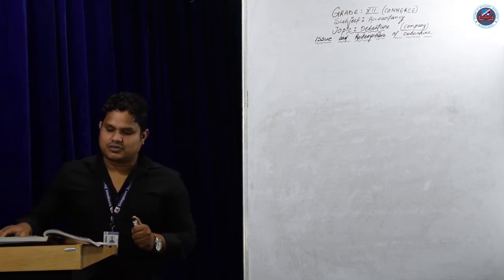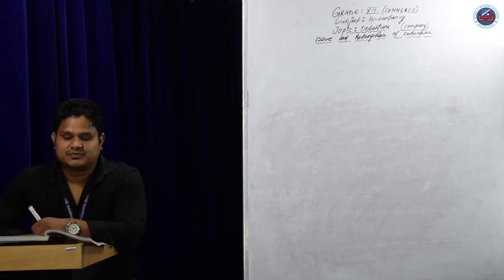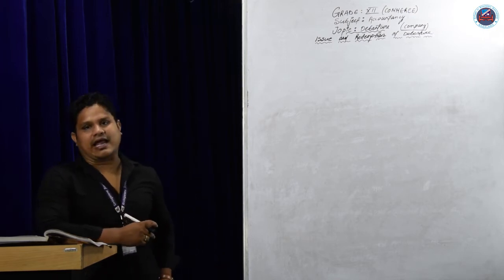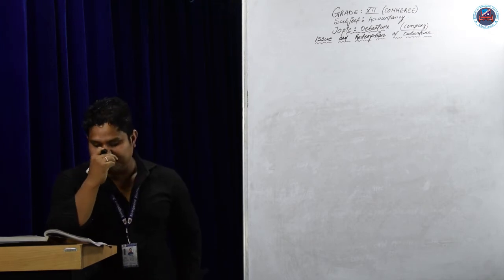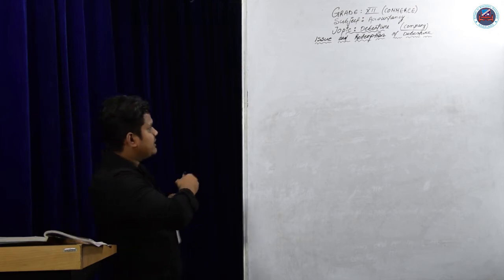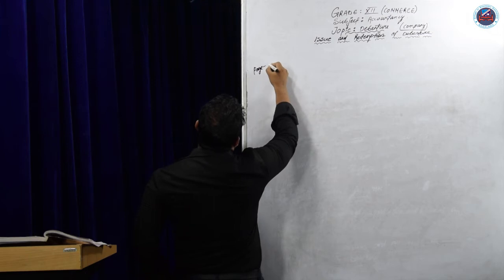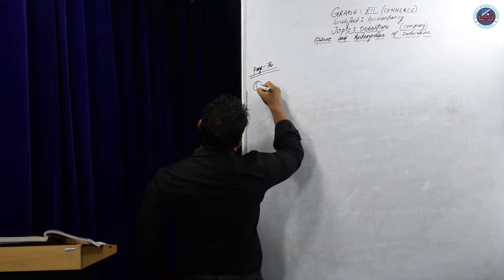Okay, so we are doing issue and redemption of debenture. In the last class, I discussed the journal entries and the meaning of debenture, and I compared the debenture with share also. So today, I will try to solve one question from page number 76, that is the NCERT book, illustration 1. Take out page number 76 from the NCERT book.